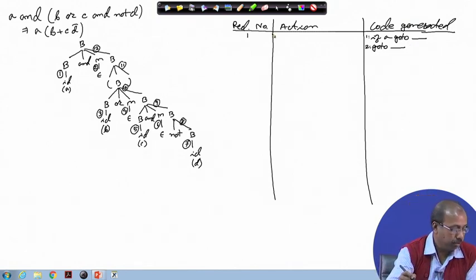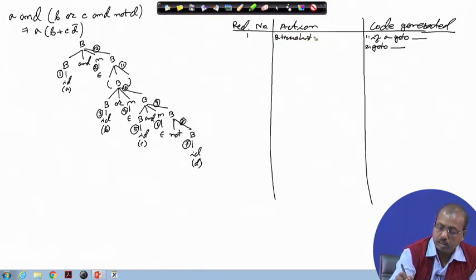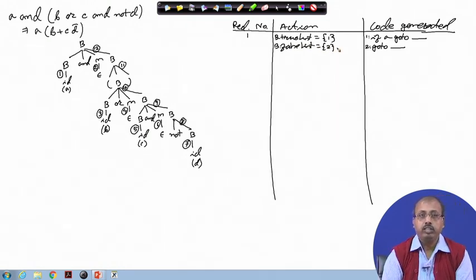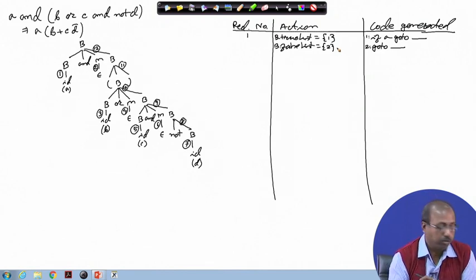And here it will produce the true list and false list. So, B dot true list is equal to 1 and B dot false list equal to 2. So, this will be done at reduction number 1.